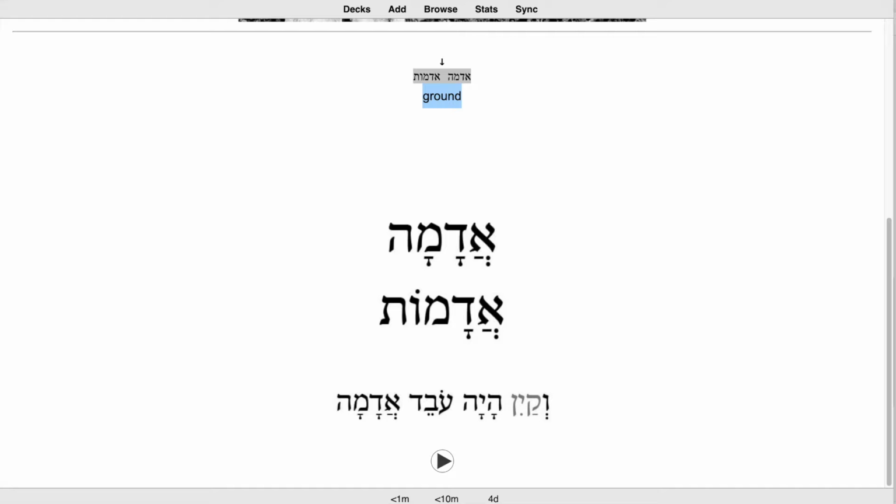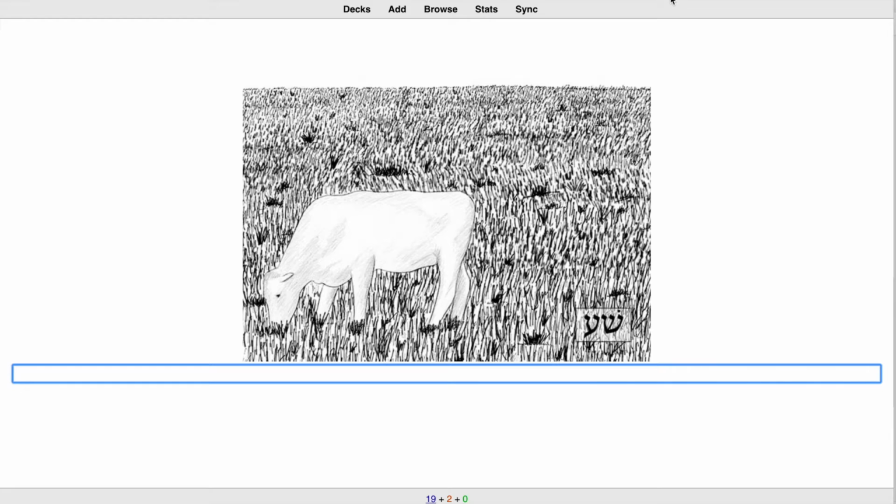So these options will change as you keep learning and giving it more information as far as how well you know it. Okay, and then you'll have even more options as you continue. But here are our options for now. Now this is pasture land.